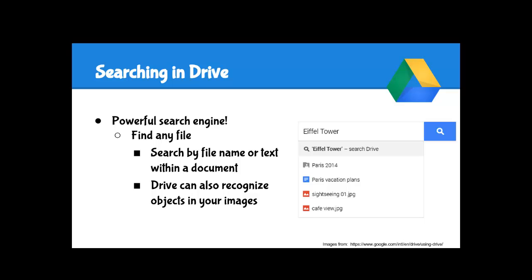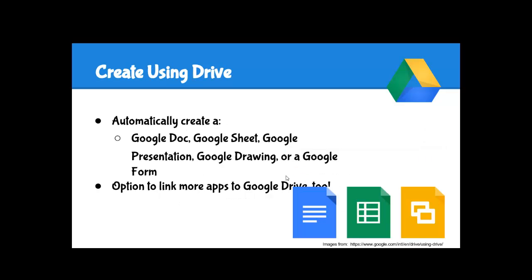But also, it's amazing, but Drive can actually recognize some images, some objects in your images. So for example, as this little picture shows, if you have a picture of the Eiffel Tower saved in your Drive, but it is given a different name, it's not given the name Eiffel Tower. Say you named it Vacation 2014. Well, or like in this case, maybe Paris 2014 images. It'll actually pick out the picture of the Eiffel Tower and find it. It's incredible. It's very, very smart.